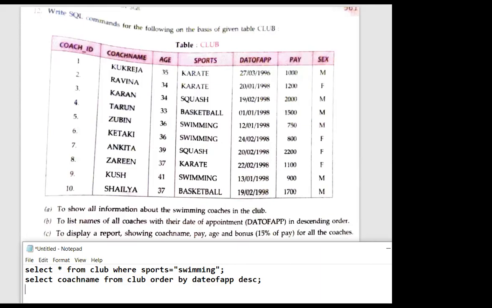Vanshika, wrong. Karan, correct. Twinkle, correct.